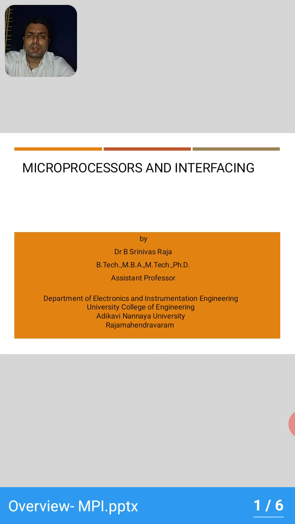So in this semester, the students will be learning about the importance of microprocessors from an industrial perspective, and also how microprocessors are interfaced to their peripheral devices in an industrial environment. As an electronics and instrumentation engineer, it is a requirement of the industry to interface various peripheral systems to the microprocessors.